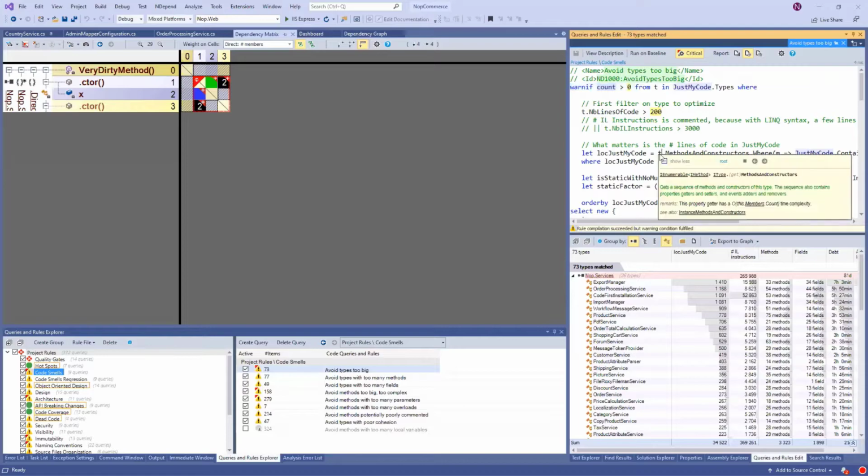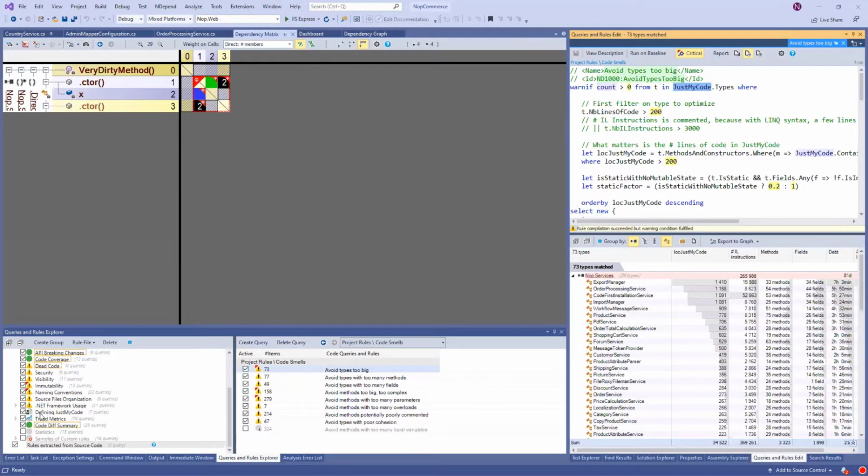So this is why the rules usually contain a lot of intelligence, a lot of logic to try to detect patterns where it shouldn't be reported as an issue. And one very important pattern is to use just my code. So we saw that just my code was determined by the defining just my code query prior to running any rule, of course.